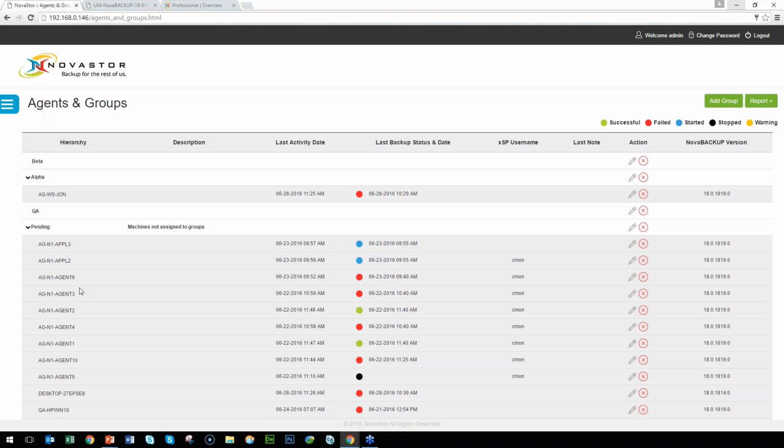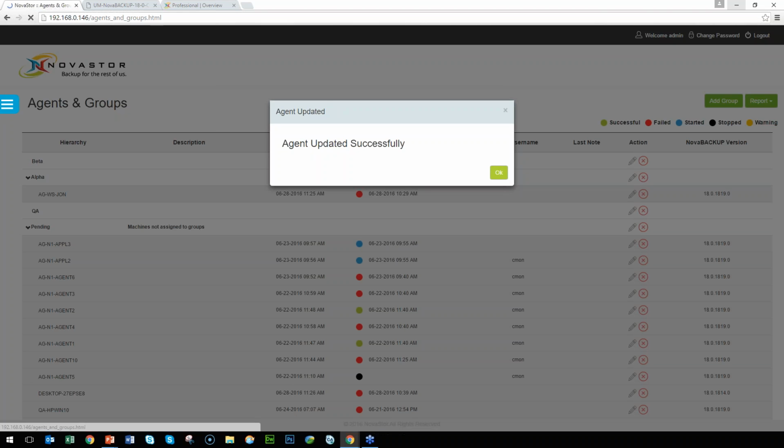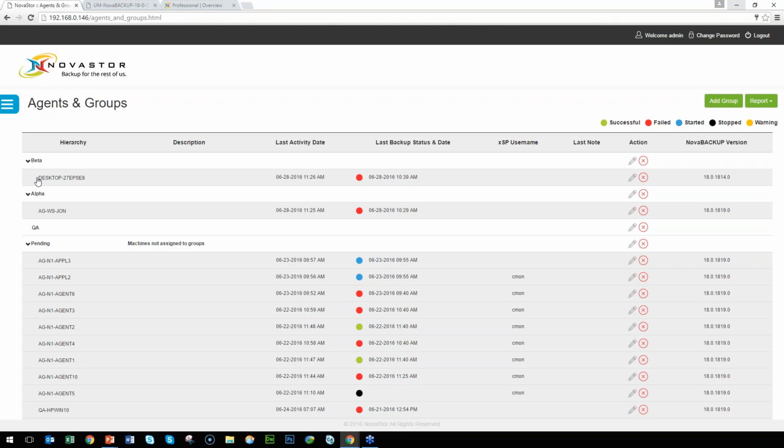And if I want to say, move my desktop computer here that's listed, desktop-27, I can double click on that. So all these items are basically clickable. And I can say on the second item down here, I can go to group and I can set that group to now beta. Click OK. That says agent update successfully. So you can see it actually move that computer up into the group called beta. So you can easily categorize your computers or agents into groups, which is actually fairly necessary for people that are